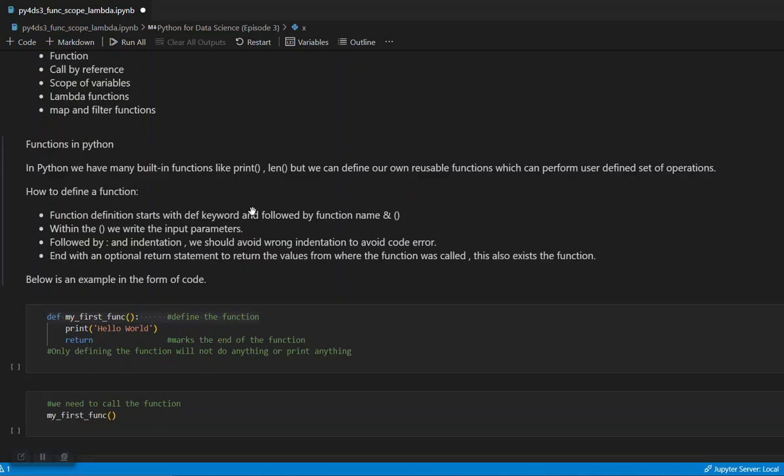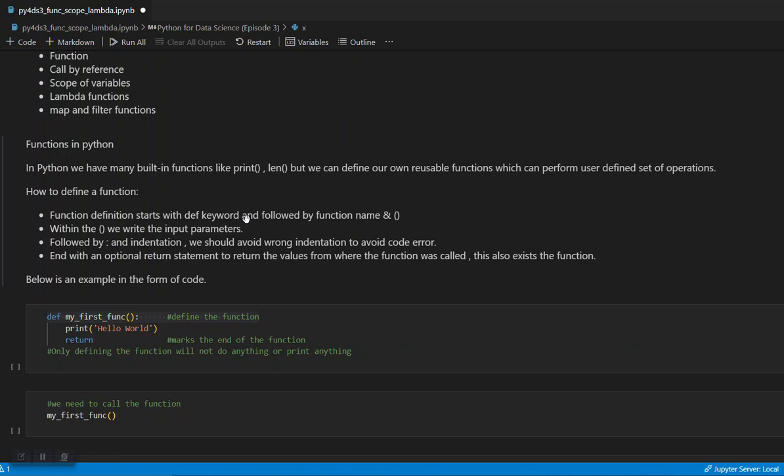To start with, first we will see what a function is in Python. So previously in the last few videos, you might have seen that I have been using print and len, right? So these are already defined functions within Python, which we are already using whenever we are trying to print or trying to check what is the length of a list, right? So these two functions we have been using so far. So you can also create a function with your own definition.